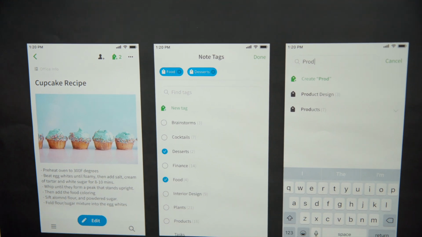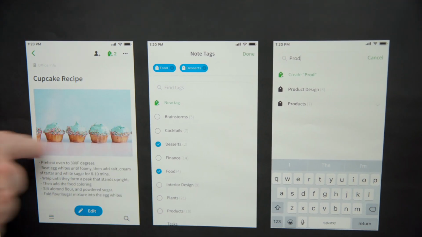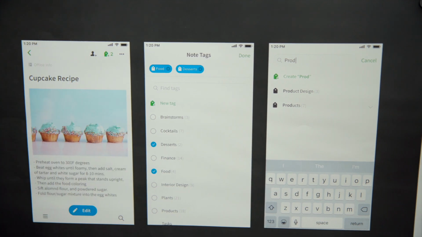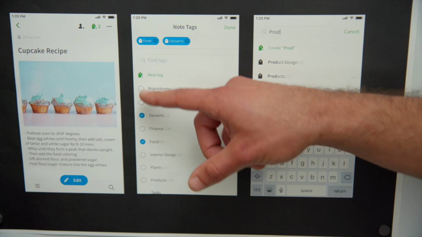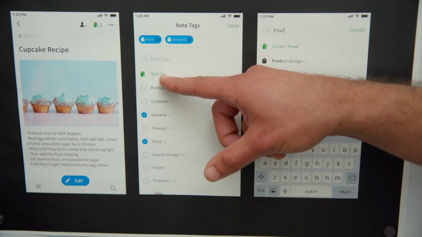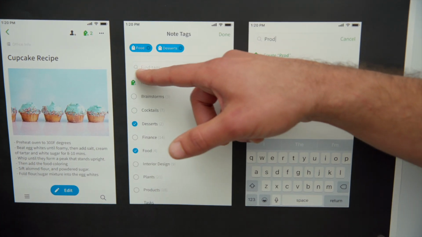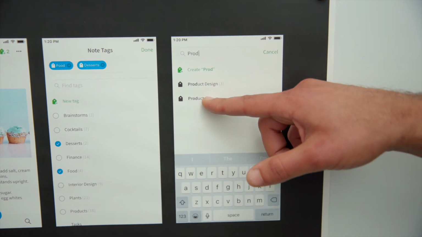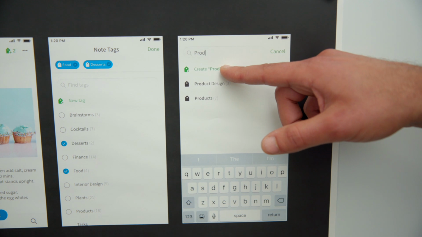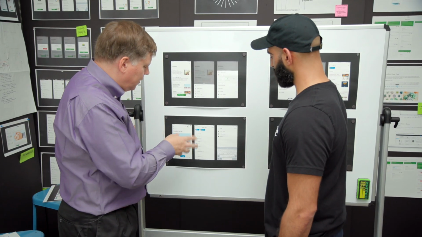What if I want to make a new tag? What if I actually think there's sprinkles here on these cupcakes? I'd like to add a sprinkles tag. All sprinkles cupcakes are better. If you wanted to create a new tag, you could simply tap here. Or if you thought that that tag existed, you could search for it. And while you're searching, when you see that there's no result, you could go ahead and create what you've typed in. Okay, so I've got the best of both worlds.